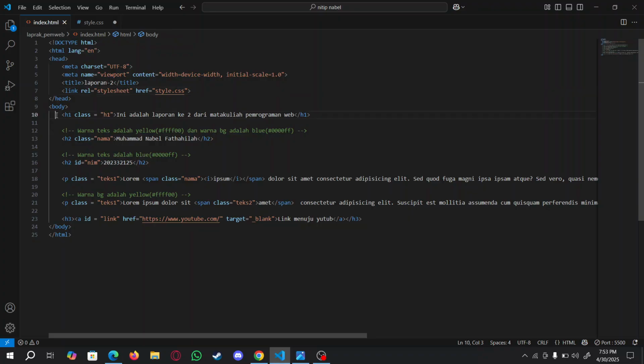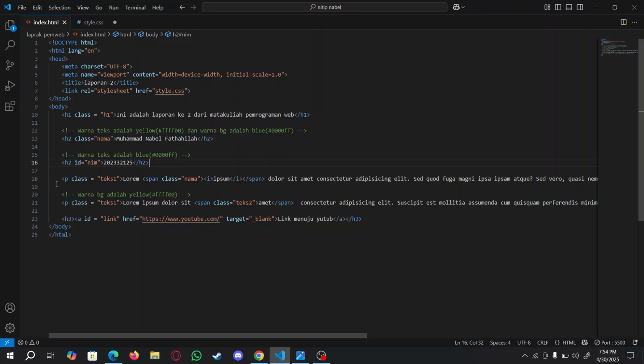Next, we go to the body section. For the first line, which is h1 or heading 1, I added class name h1, and then for the next line, h2, I added class nama, and then for the third line, still h2, I added an id called name.